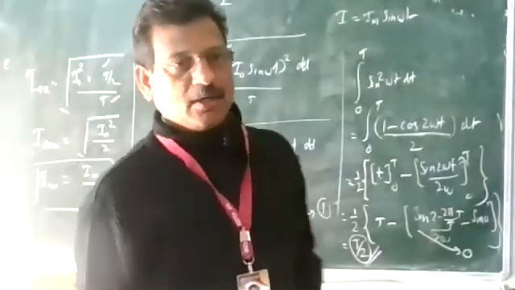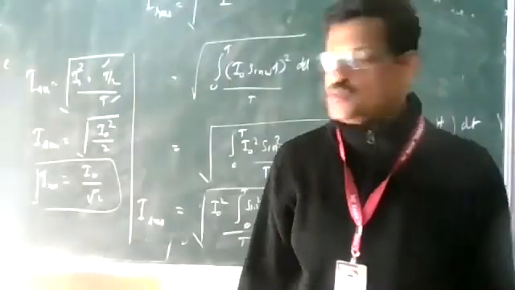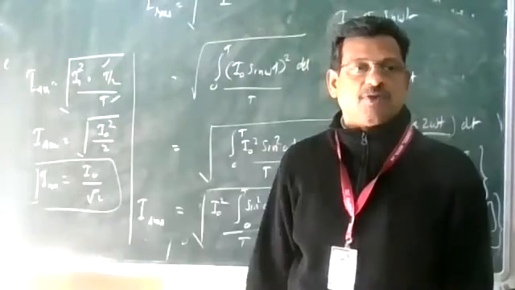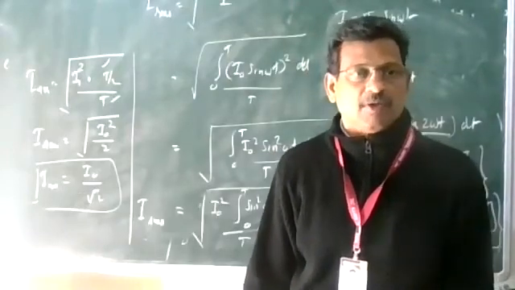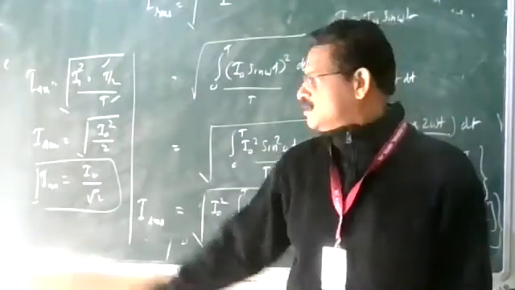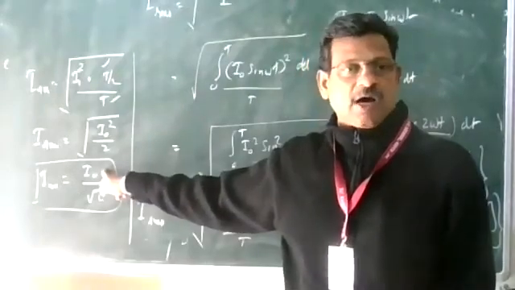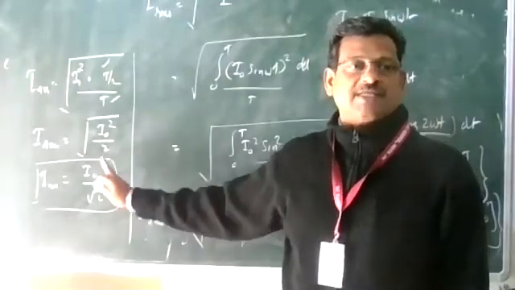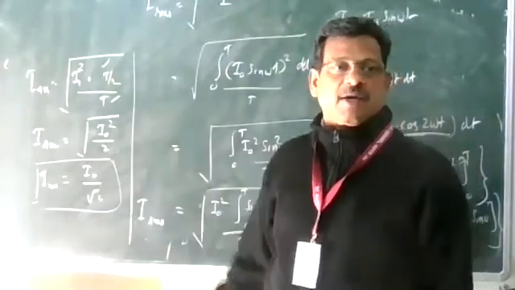Very important one. So we have to measure only this value. The AC ammeter measures this RMS value. This is called the root mean square value of the alternating current, which is not the maximum value, and not at all the half mean value. It is I naught by root 2, the maximum value divided by root 2.